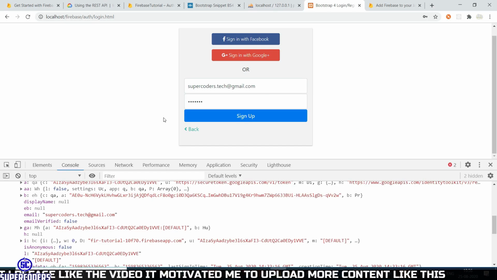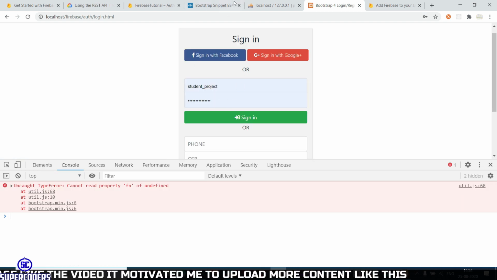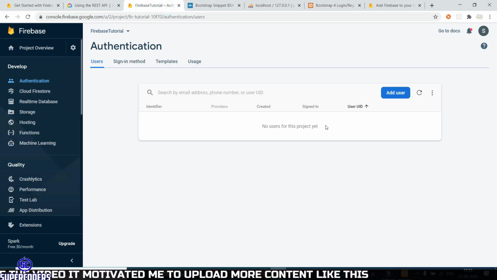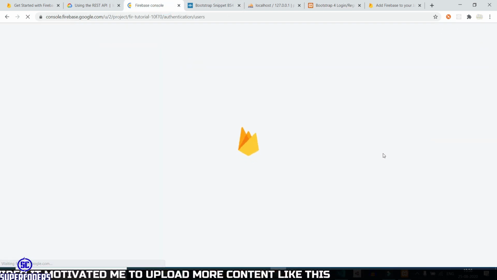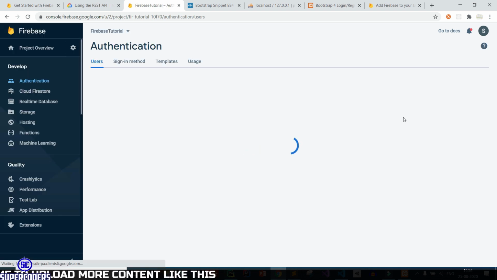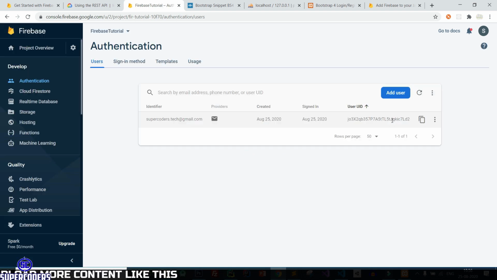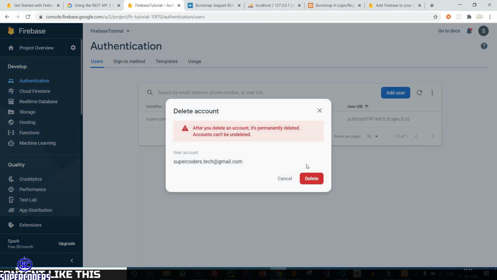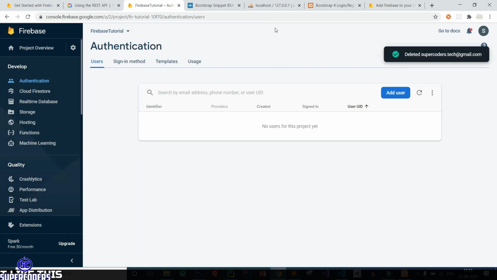Again back to Chrome, refresh page and click on this page, refresh page, let's delete this user again. So delete account, delete it.